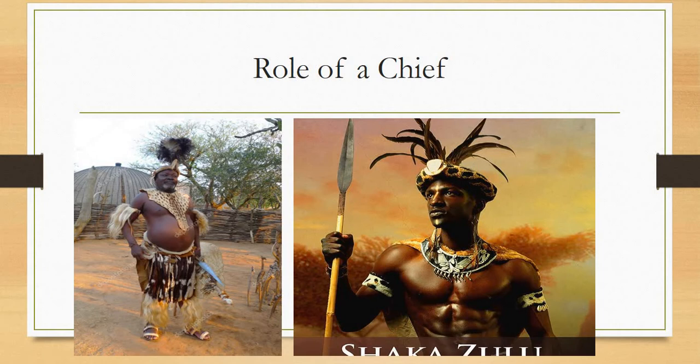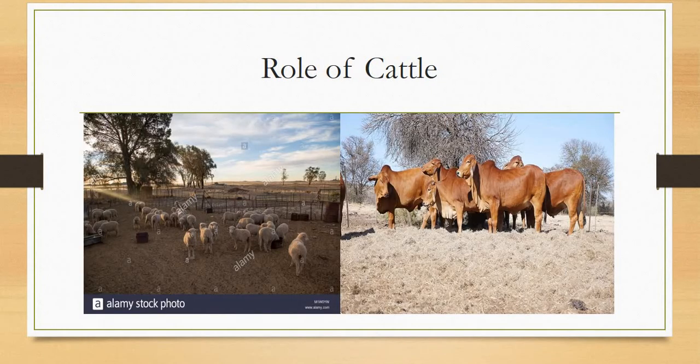Now, inside these homesteads and villages, there were a few different roles from different people. All right, mainly the men would be in charge of the cattle and herding and hunting, and the women would be in charge of keeping the homestead maintained, the cooking, etc. Now, young men and young women, as well as boys and girls, they would help their elders in order to learn. So the girls would stay with their moms, and the boys would go with their dads and the elders in order to learn how to either hunt or herd cattle, and the girls would learn how to cook and grow crops, etc. So the next slide, we look at the role of cattle.